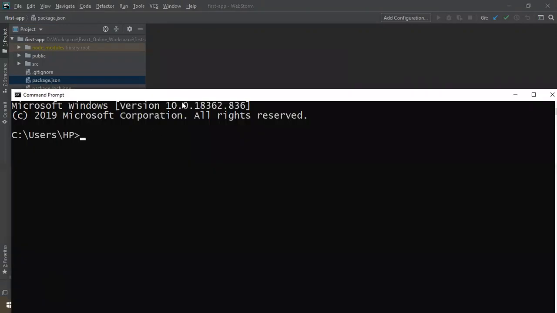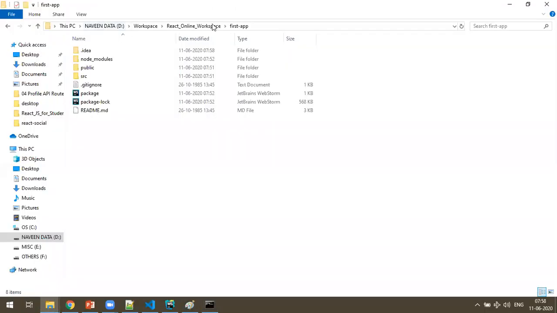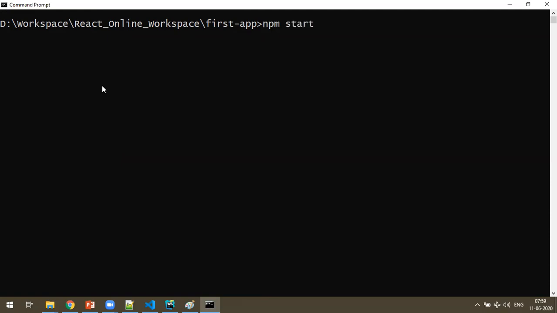So where is the first tab installed? It is here. You need to go to that address, first tab. So D drive, cd space, enter, clear. CLS is clear screen, okay? Enter. So I'm in this folder. If you want to start the server, just say npm start.